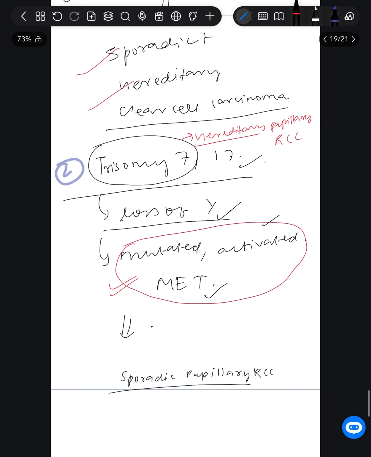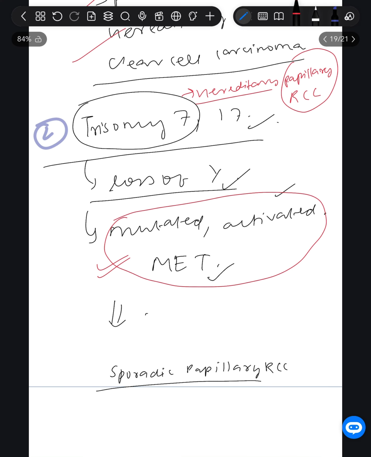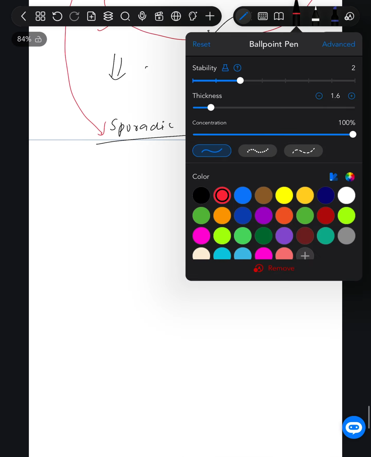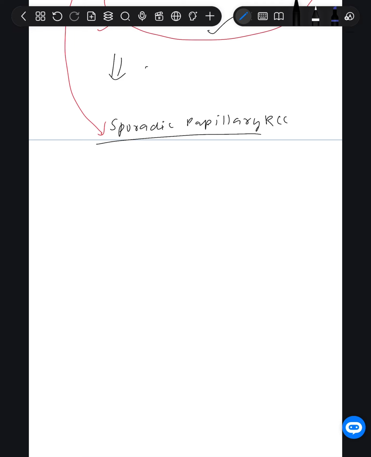Then we talked about papillary renal cell carcinoma. In papillary renal cell carcinoma, either we will have a trisomy 7 or we will have a mutated activated MET. If only these two are happening, this is called hereditary. If along with that there is loss of Y gene, which will cause the sporadic papillary RCC. That is it. Next genetic factors are something called as